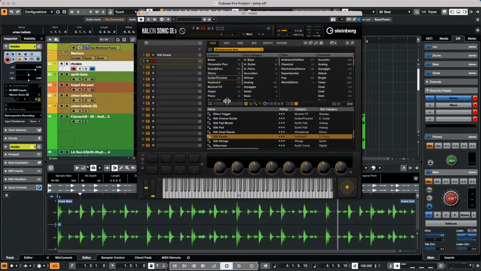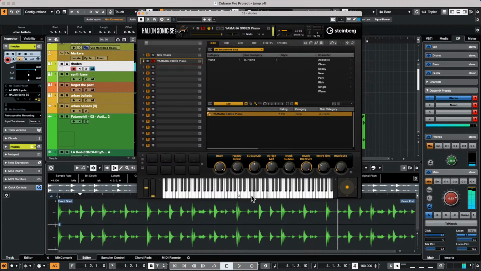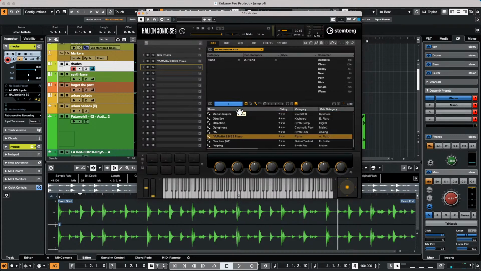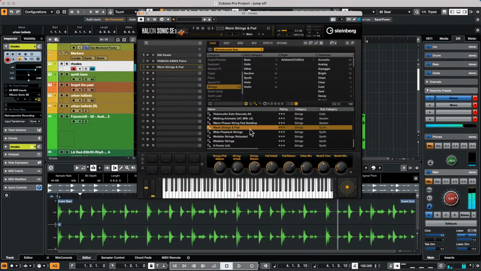I want it to be, let's say, a piano. So when I play MIDI channel 1, we're going to have Rhodes. And now let's say on MIDI channel 3, I want it to have, let's say, strings. Okay. So now when I have the strings,